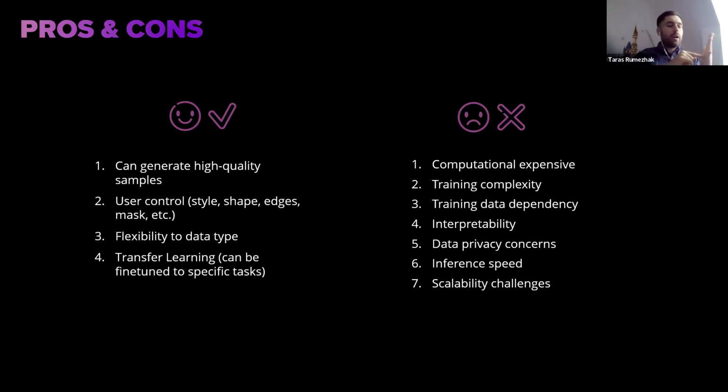For example, if you type cat running in the field, when you click on the word cat, it will segment the cat from the image. If you click on field, it will segment the field from the image. So we did this experiment for Paris. And when we click on the word Paris, it actually highlights the Eiffel Tower, and sometimes at